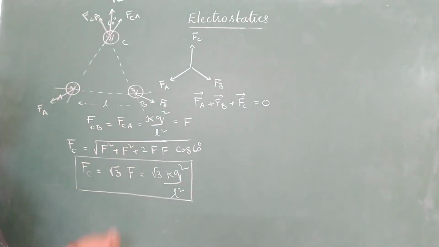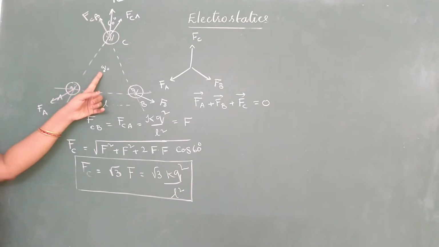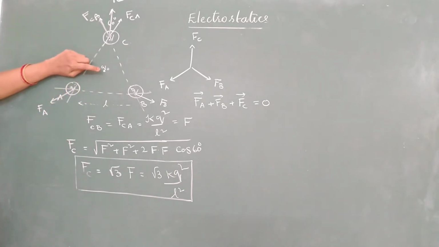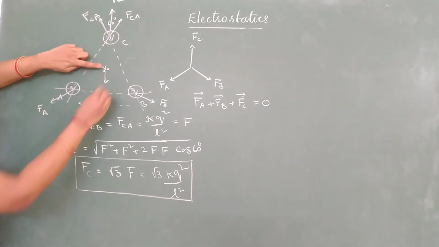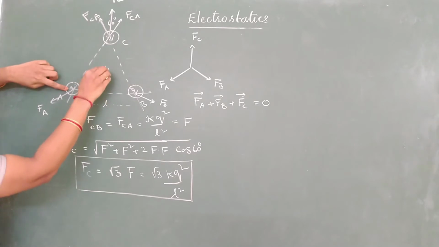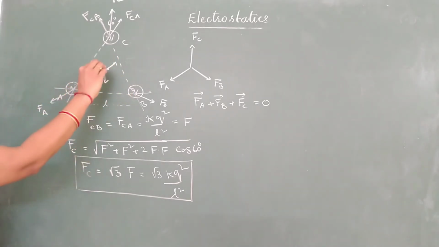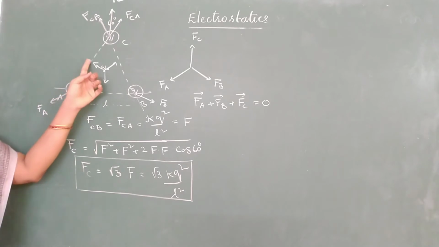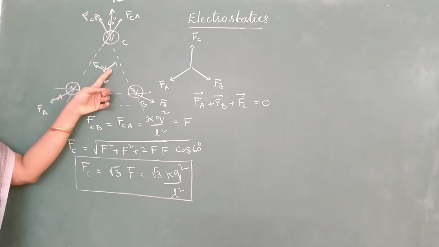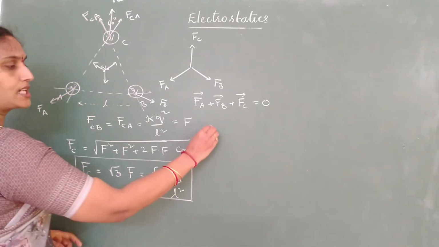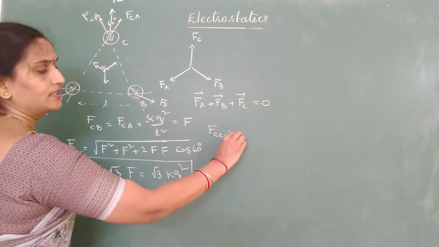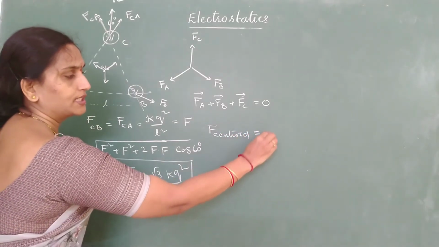Similarly, if the question is what is the force acting on the particle at the centroid, say if I keep a test charge Q0 and ask you what is the force acting on the centroid, this charge is going to experience 3 forces. Due to the charge at A, a repulsive force. Charge at B, repulsive force. Charge at C, repulsive force. All the 3 are equal forces acting at 120, 120 and 120 degrees. Again, according to Lami's theorem, the force acting on a charge at the centroid will also become equal to 0.